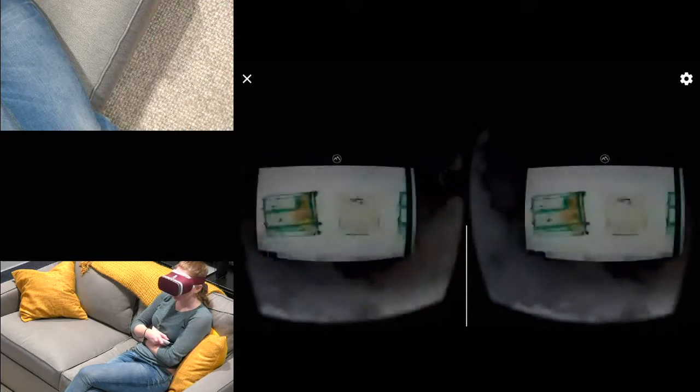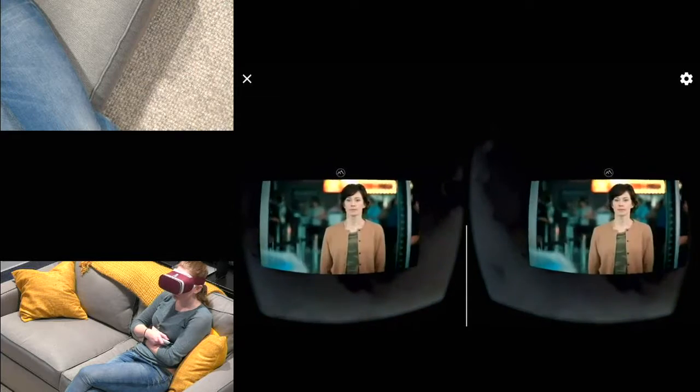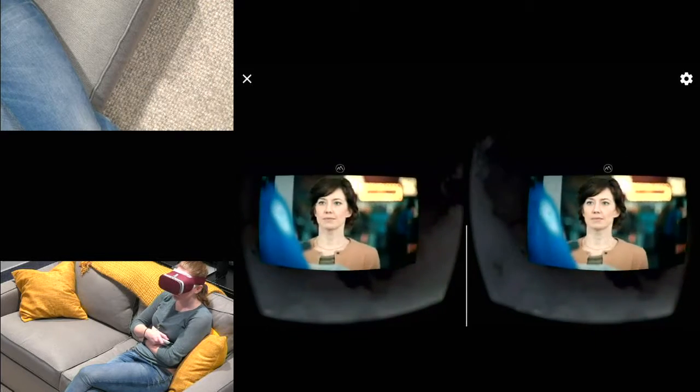Okay. In the event of cabin decompression, place your oxygen masks over your mouth as we all prepare to take